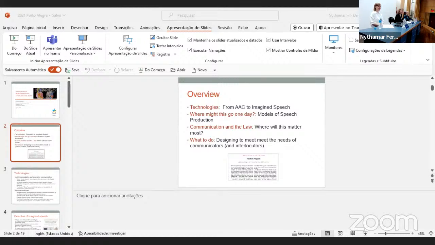So when we think about neurotechnologies, we are doing the same sort of thing, but rather than relying on some small bit of preserved movement that the person has, because notice that all of these AAC depend upon some movement or gesture that the person can make. And what if they can't do that? There's locked-in syndrome, there's a range of things that might impede their ability to move at all, or in the case of the diving bell and butterfly, even the preserved movement is very small, and so it only allows access to a relatively slow and tedious method of communication.